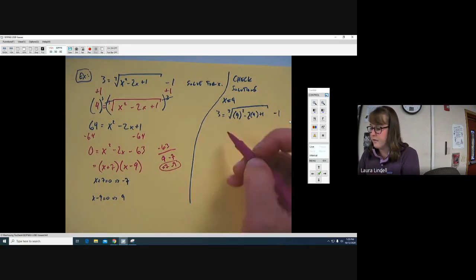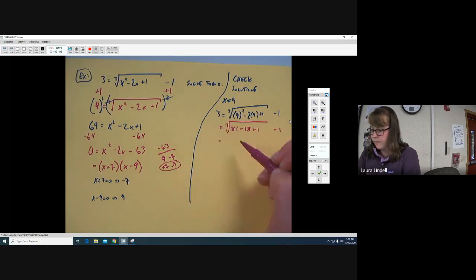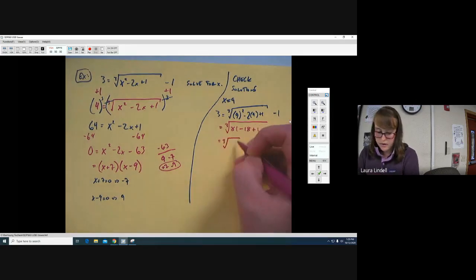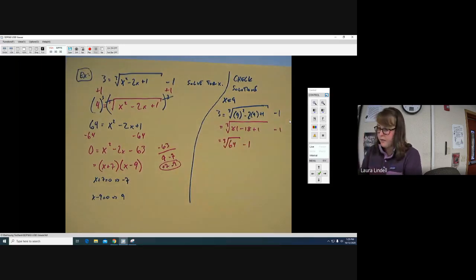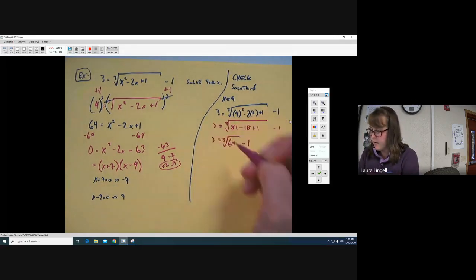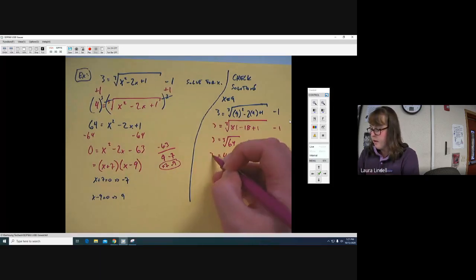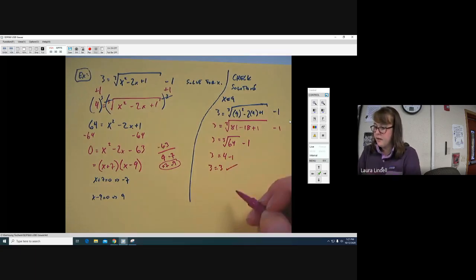Then we just simplify this to check ourselves. So 9 squared is 81 minus 18 plus 1. And 81 minus 18 plus 1 is 64. That minus 1 is still hanging out on the outside. The cube root of 64 is 4. And 4 minus 1 is 3. So once we get down to 3 equals 3, then we're good. We know that x equals 9 is a solution